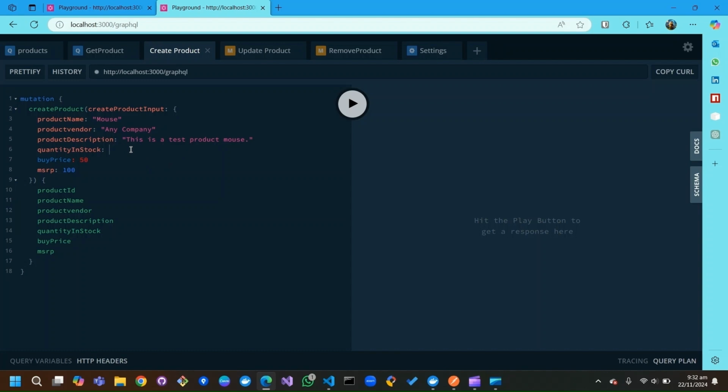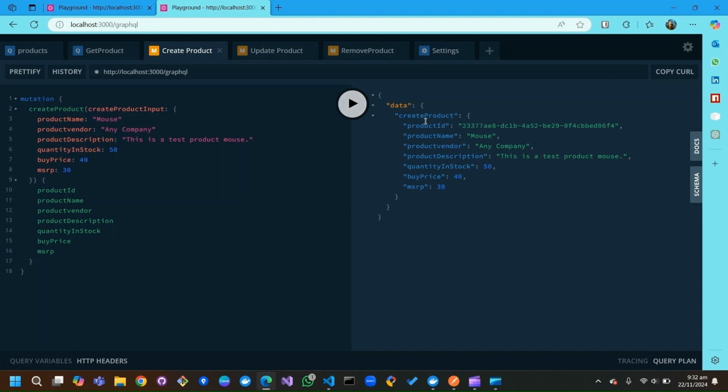And maybe some other values here. So let's run this mutation. A new product is created with this UUID, mouse, any company. Now let me copy this UUID here